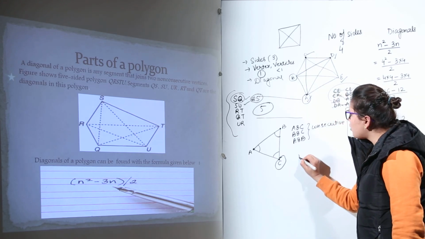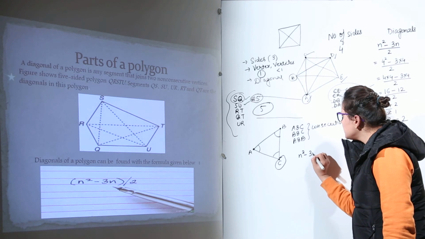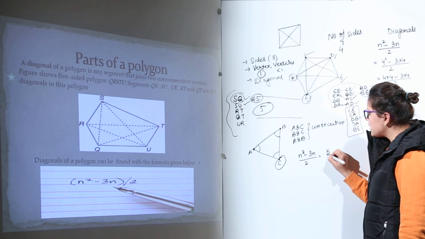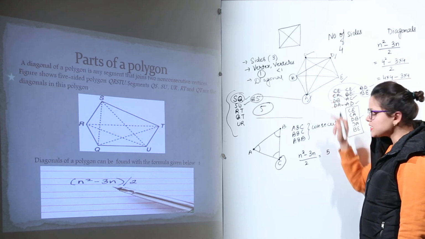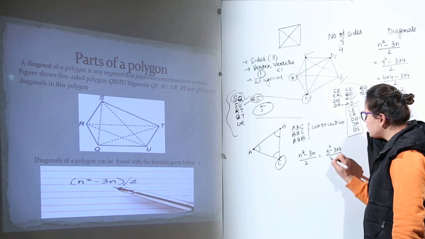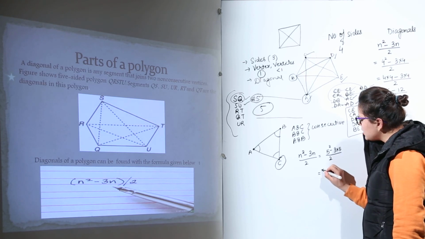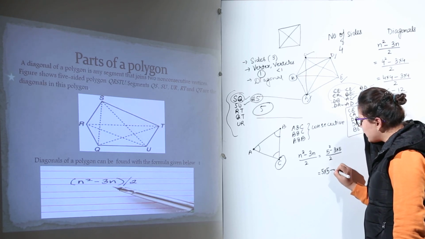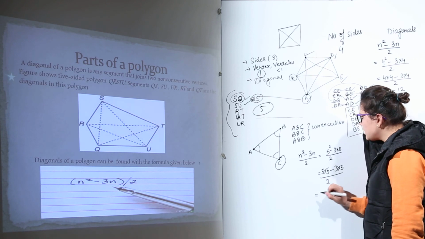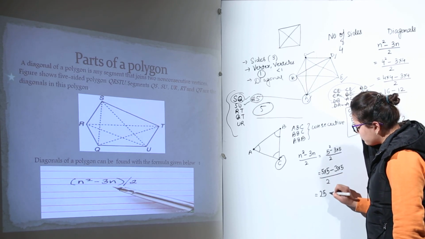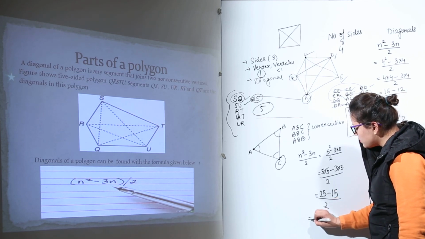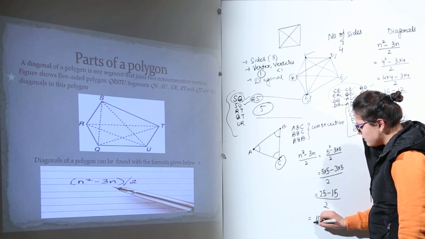Now, let us check this with the formula n square minus 3n divided by 2. Now, what we do is, we will take the number of sides to be 5 because the shape had 5 sides. 5 square minus 3 into 5 whole upon 2. Now, 5 square is 5 into 5 minus 3 into 5 whole divided by 2. What do we get? 5 5s become 25 minus 3 5s become 15 divided by 2. What do you get? 25 minus 15 gives you 10 divided by